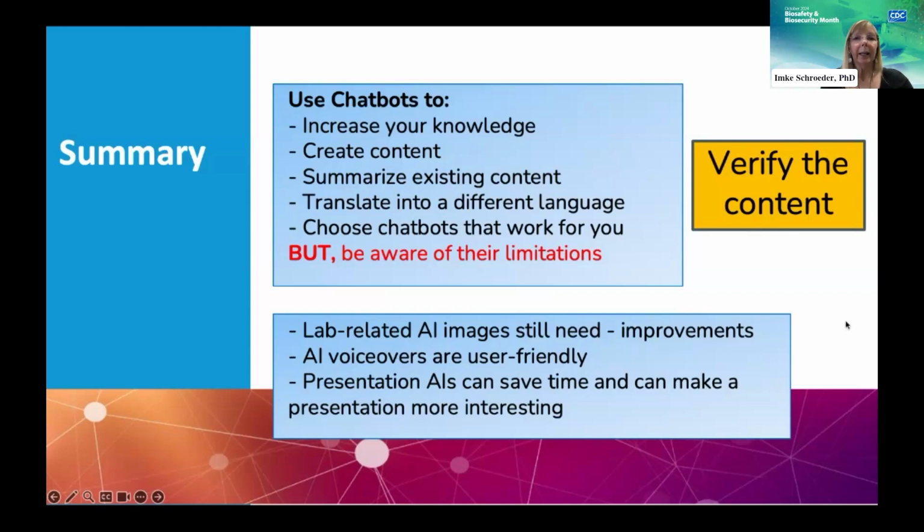Lab-related AI images still need improvements. AI voiceovers are relatively user-friendly, although some people still prefer the human voice over the AI voice. And presentation AIs can save you time and can make the presentation more interesting.